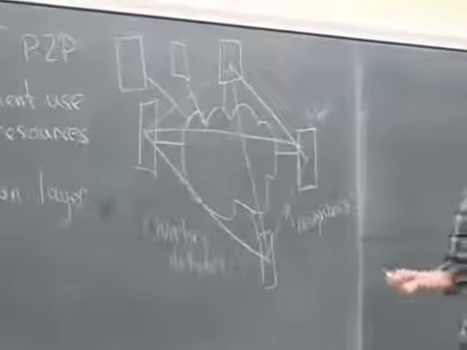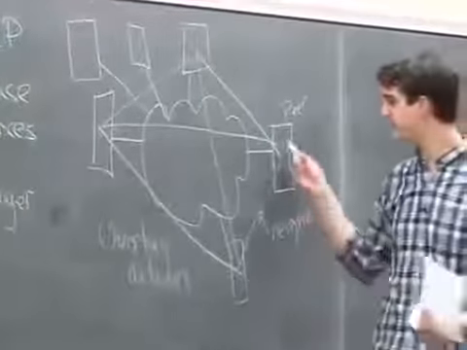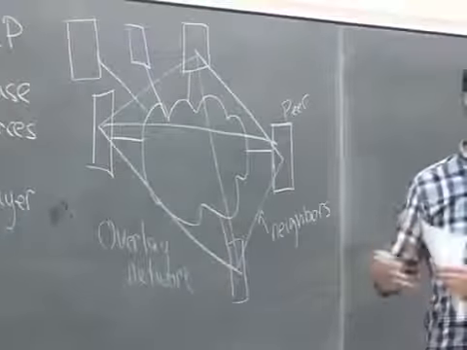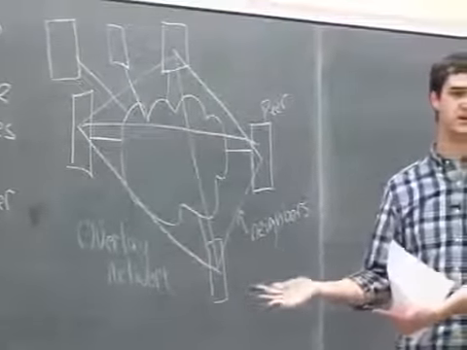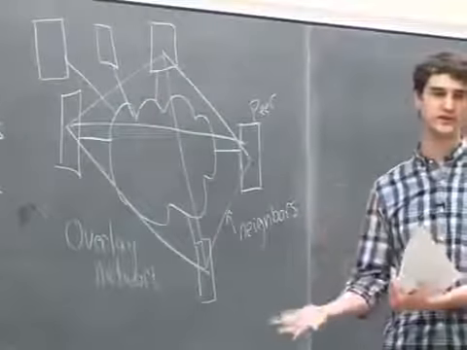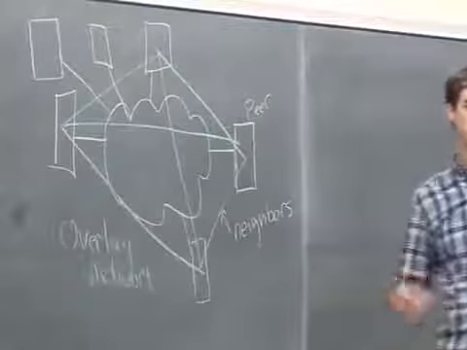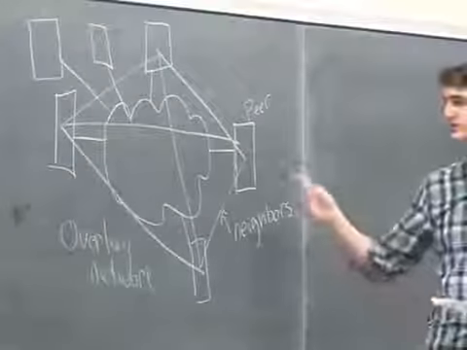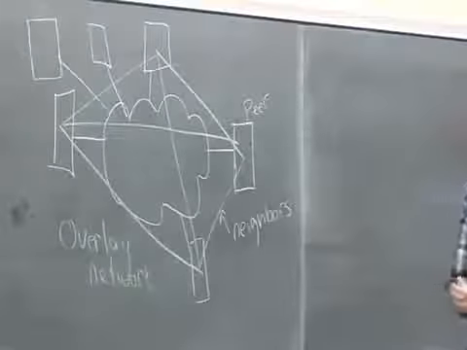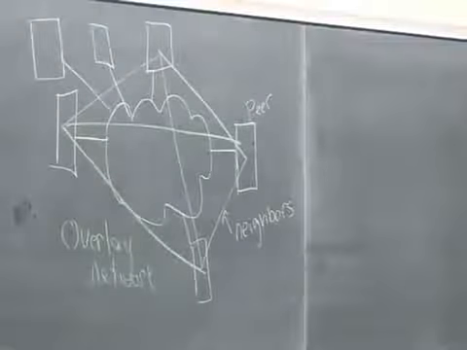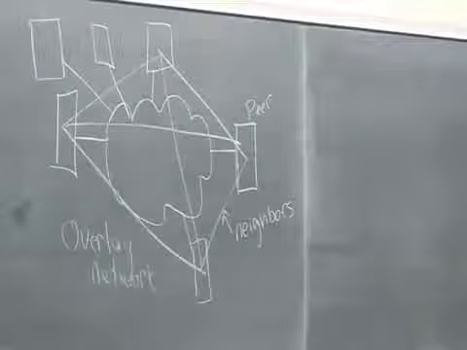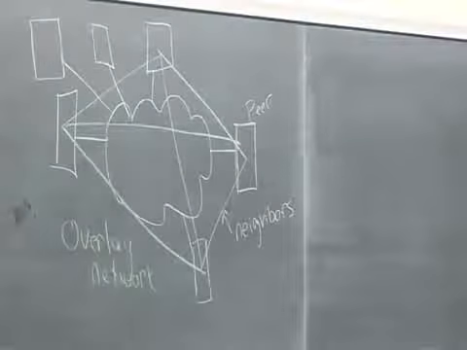In other words, this peer isn't saying, connect me to this server or this other peer. It's saying, I want this content, find that for me. So that's an important distinction: these are content routable networks. And we'll talk a little bit more about that throughout the lecture. So can anyone tell me